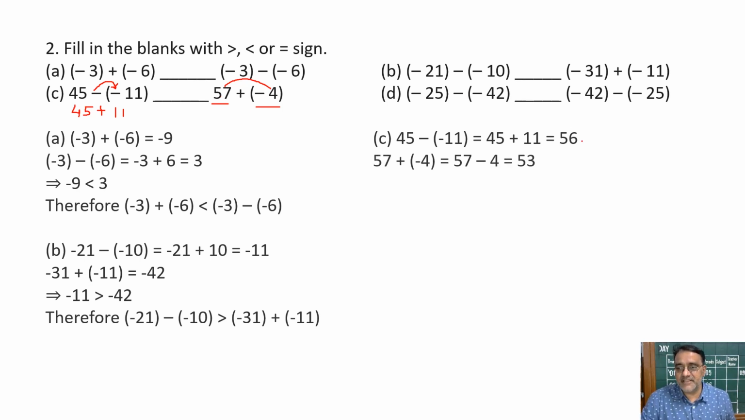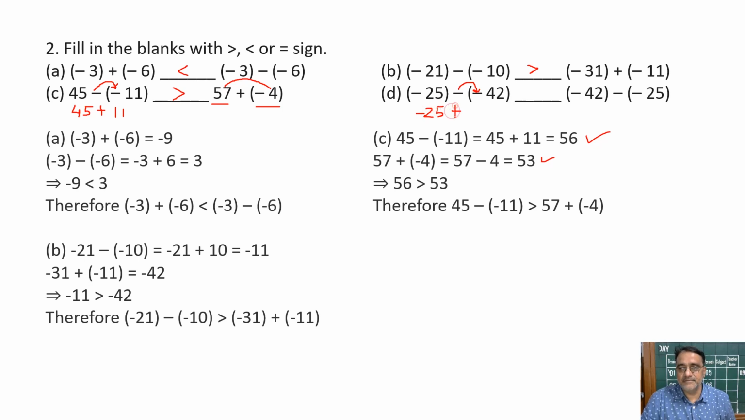Now 56 is greater than 53. So here we have to put greater than symbol. ये less than था और ये greater than था, right? अब लास्ट में आ गए हम लोग. देखो ये माइनस इंटू माइनस प्लस हो गया, ठीक है? सो -25